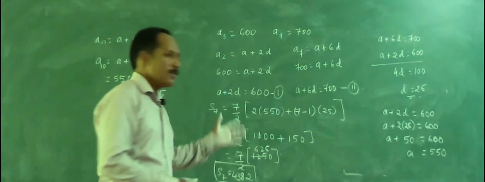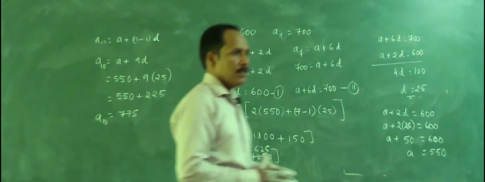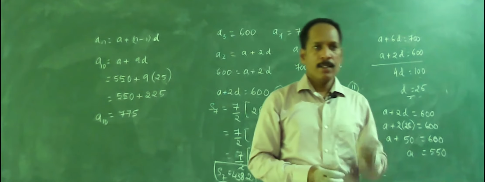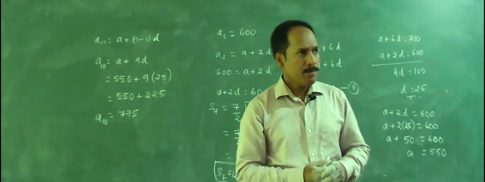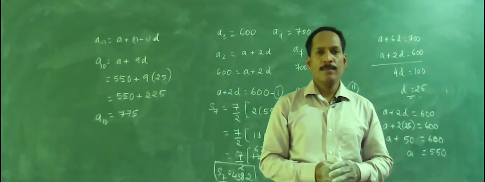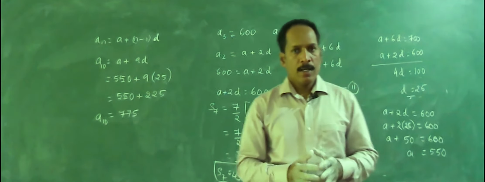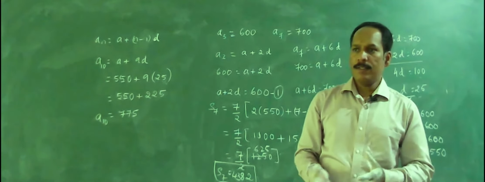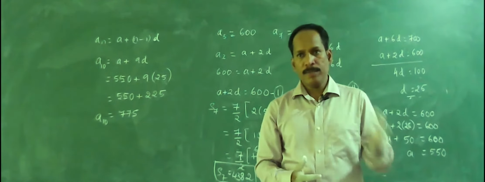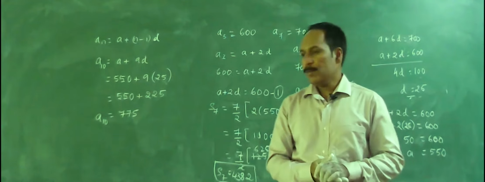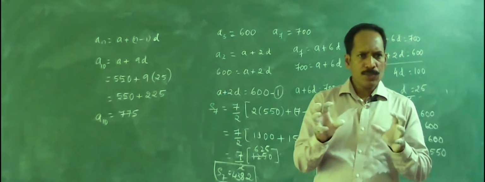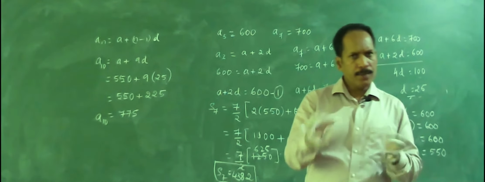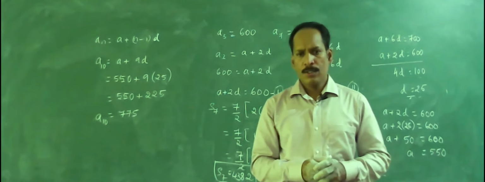Use the same common sense. Use the formula, that is A plus n minus 1 into D, and Sn is equal to n divided by 2 into 2A plus n minus 1 into D. Use this and find D, find A depending on what they ask. Sometimes use the formulas correctly and apply them if there is a tricky part. Very simple, just use common sense and try to think and find the answers. You will get the answers.